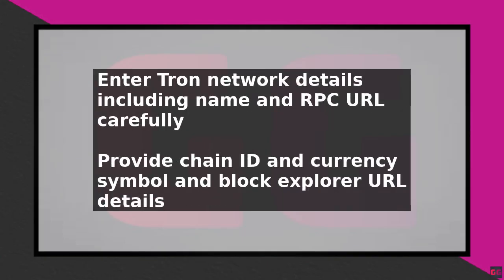Network name is Tron. RPC URL is https://api.trongrid.io. Chain ID is 91. Currency symbol is TRX. And block explorer URL is https://tronscan.org. Enter these details into the corresponding fields and click the Save button to add the Tron network to your